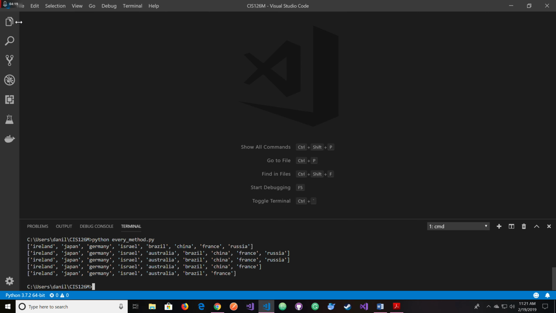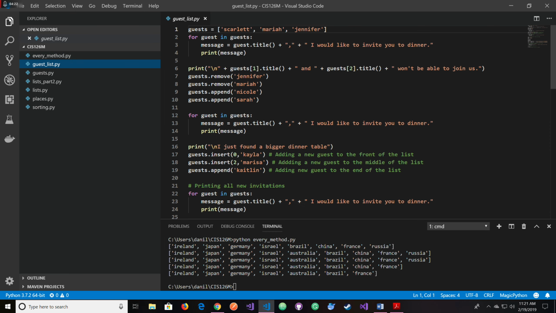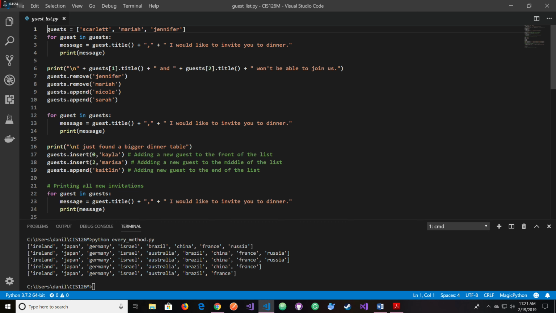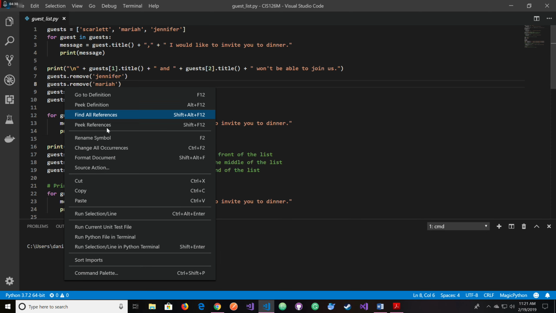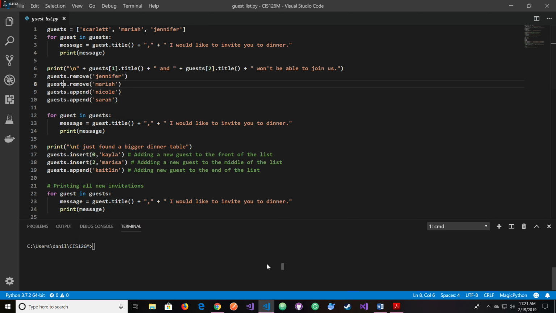Okay, let's take another file. Take a look at these. This is another one of the exercises. Let me copy the relative path. I built a guest list with some names just as the exercise asks, and I iterate through this list